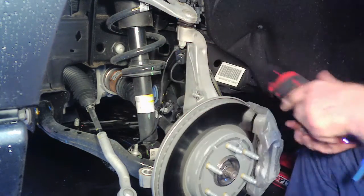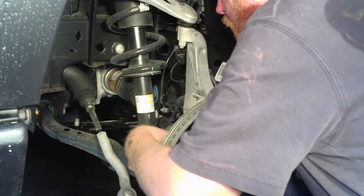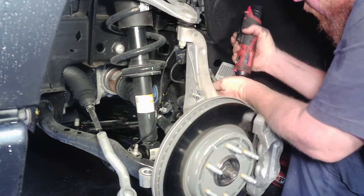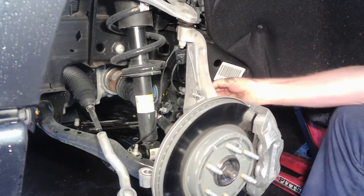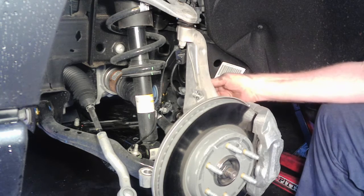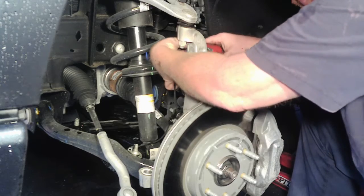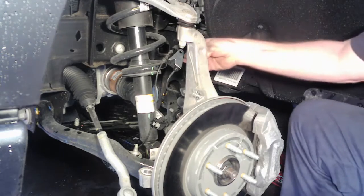If you have an older one, it's a little rusty. Really shouldn't be with aluminum, but you never know. Just be careful taking them out. We have the 10 over here for the brake line. And I'm just putting all the bolts right back where they came from, so I'm not looking for them later. There's a 10 on the back here. So once you get all those out,